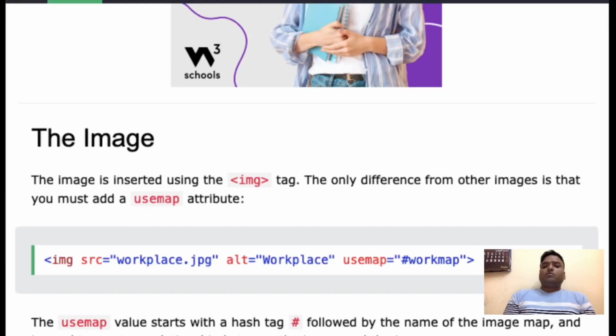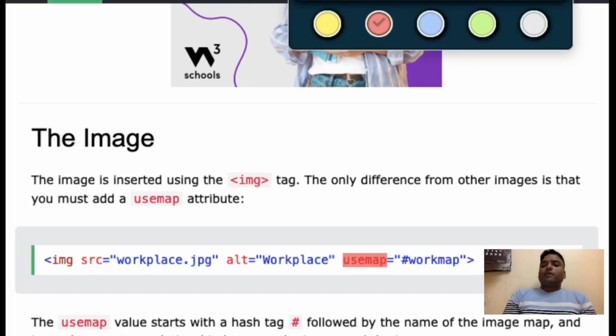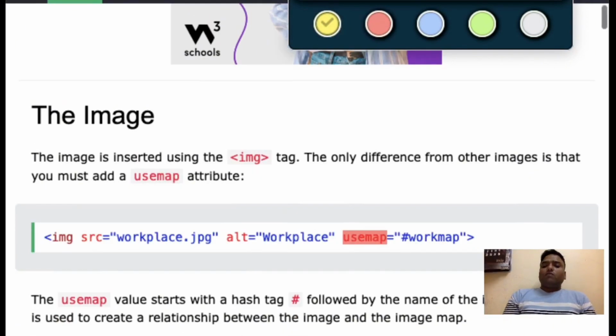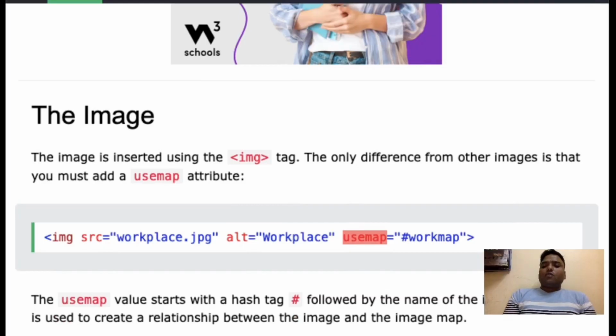The only difference from other images is that you must use the usemap attribute inside the image tag, because src and alt are always there. They are required attributes in an image, but for using it as a map, we have to use the usemap attribute.